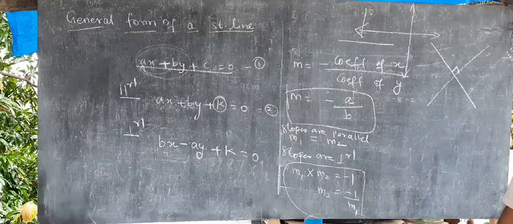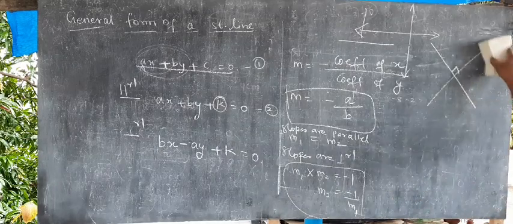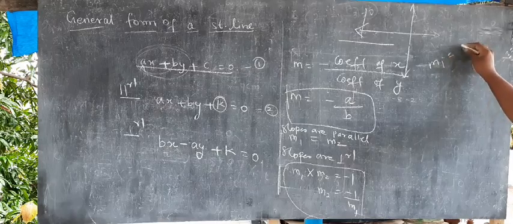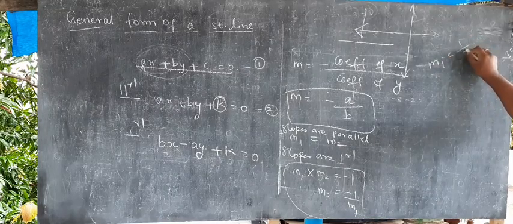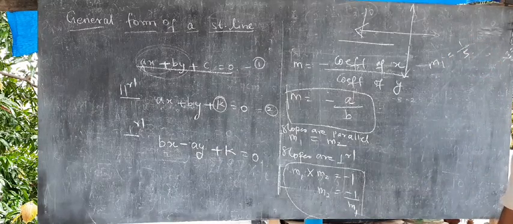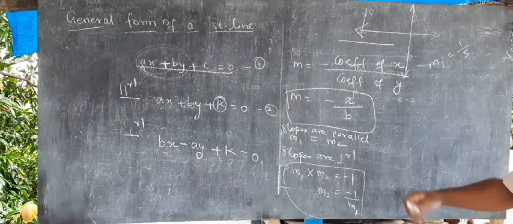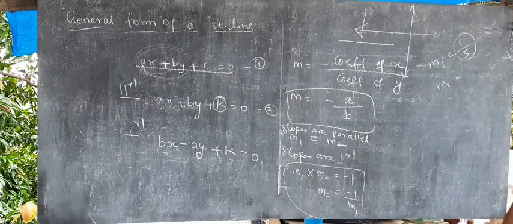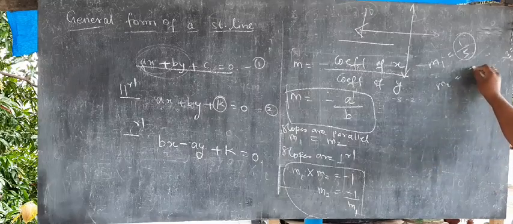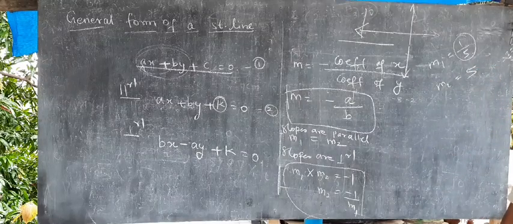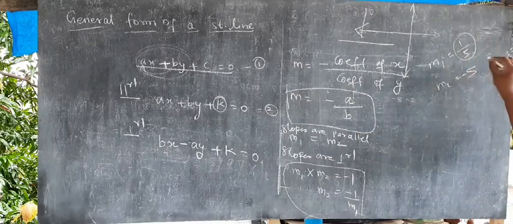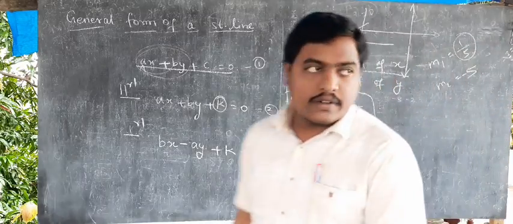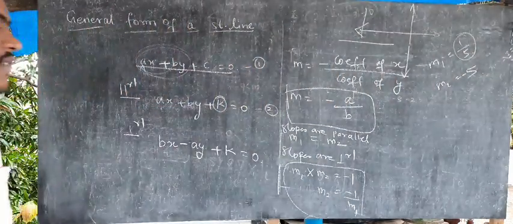That is the reciprocal. So another example. m1 equal to 1 by 5; if m2 is perpendicular to m1, then m2 equal to the reciprocal of 1 by 5, which is 5, with a negative sign. Here positive, so here negative. Like this we need to write. So these are the formulas for finding the